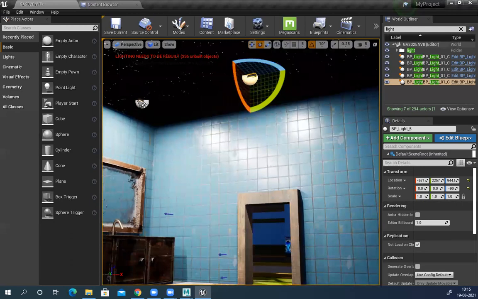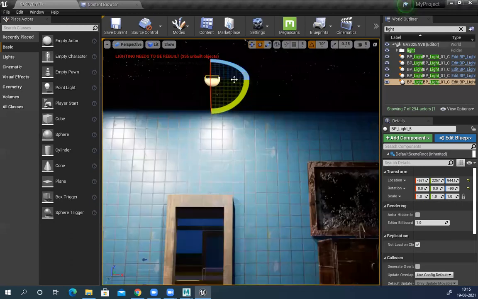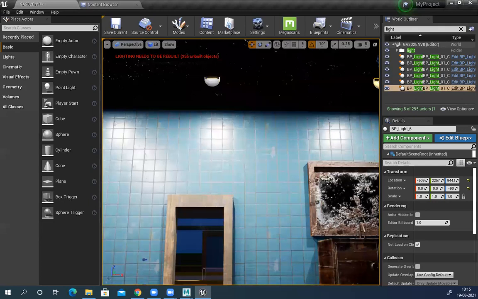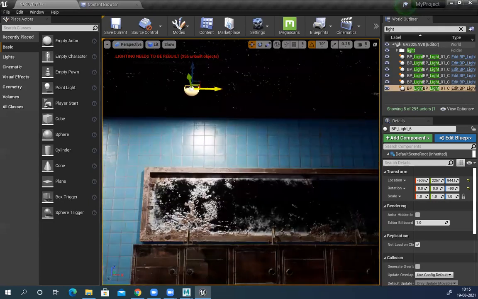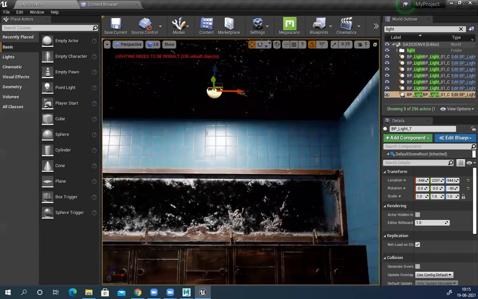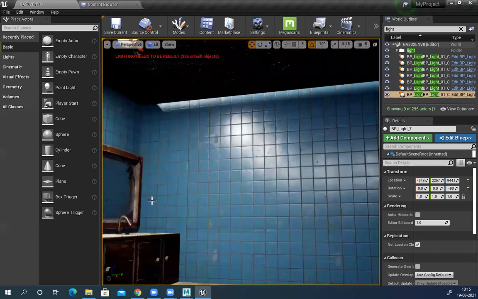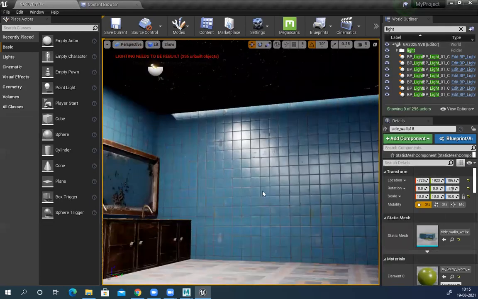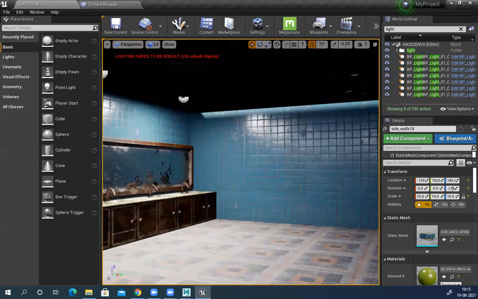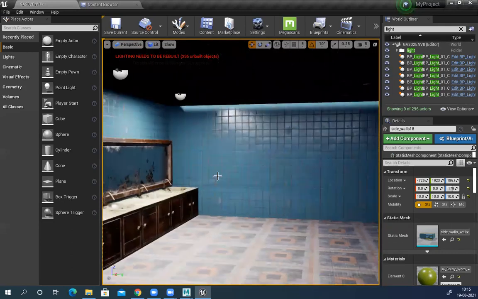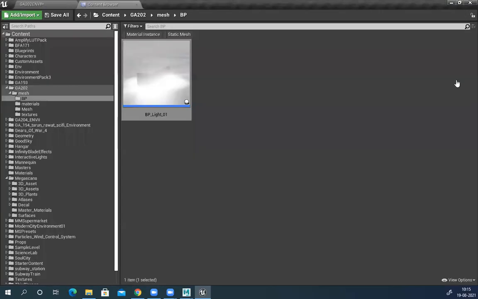That's fine. What's wrong with right click? You can see the entire room. It's pretty bright, nice. And if you think this light is way too strong, the easiest thing, just go